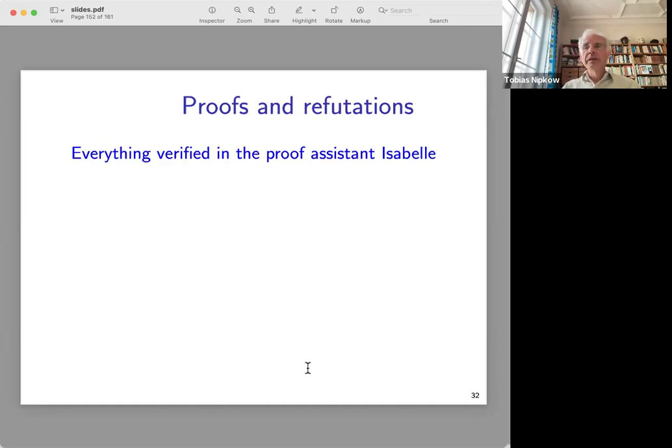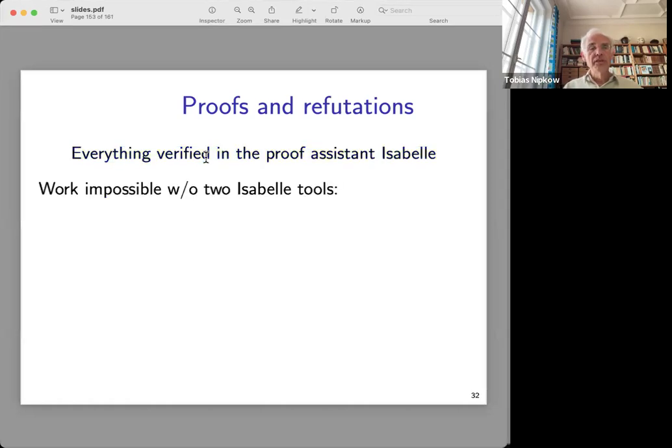Because there were frequently situations, for example, just simple things like, do I need to assume that A is less than B for this theorem to hold? And then it was very useful to find counterexamples automatically. And so, as I said earlier, I verified all of that in the proof assistant Isabelle, and the two tools